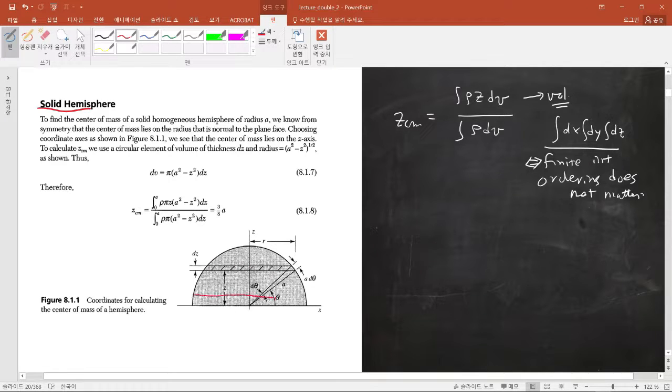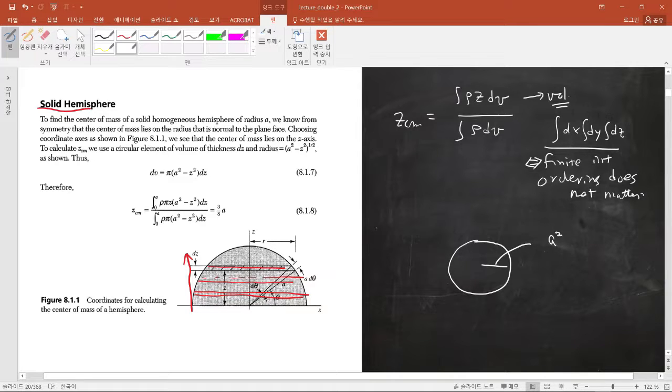Okay, so you have here a dz contribution, and here also a dz contribution, and you just pile it up like this. So if you calculate at an arbitrary z here, and then just integrate from 0 to a. For this dz, this section looks like this one, with what radius here, this radius is